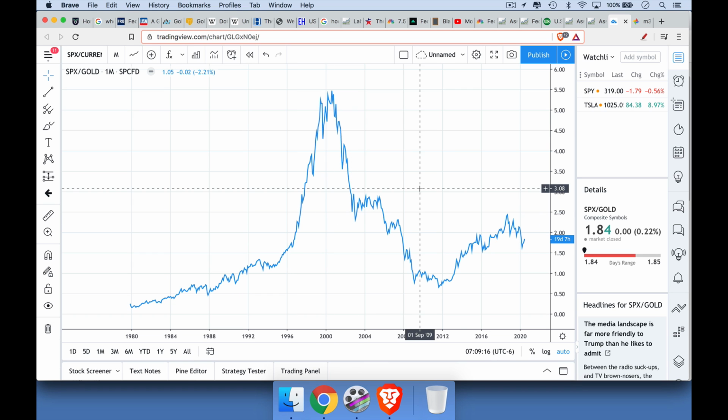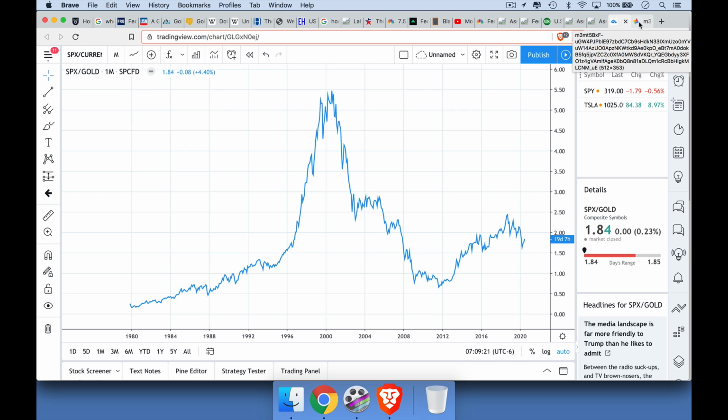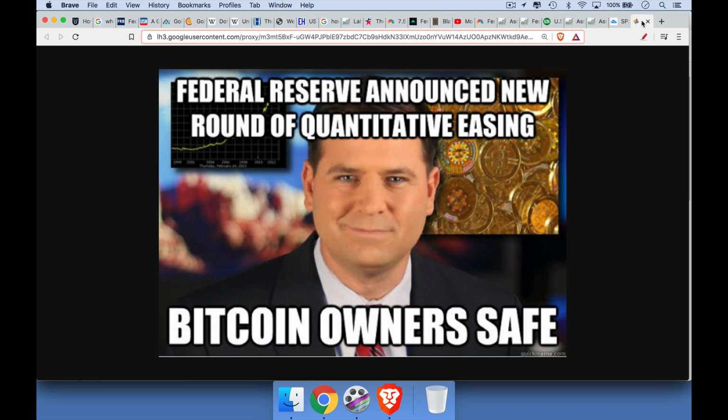The good news is for holders of gold and especially holders of Bitcoin, none of this really matters. In fact, it's quite bullish for Bitcoin. This is one reason I had almost used the title, Fed promises to pump Bitcoin for the next 2 years. Whatever the Fed does, they cannot hurt Bitcoin. Bitcoin has fixed value. It can't just be printed on a computer like the Fed does with US dollars. The Fed cannot print gold. They cannot print Bitcoin. These are scarce assets. And as such, the more the Fed keeps this really inflationary monetary policy, the more Bitcoin will go up and the more gold will go up.